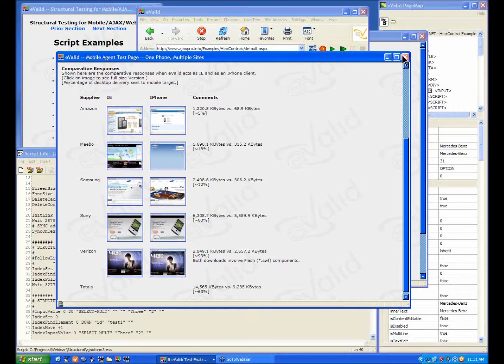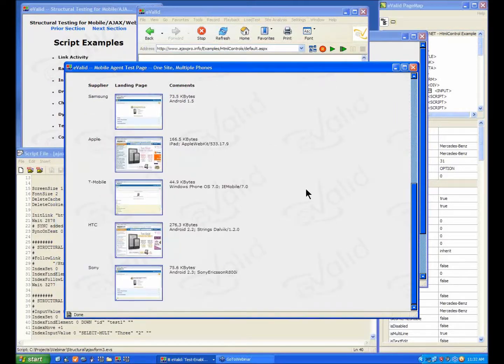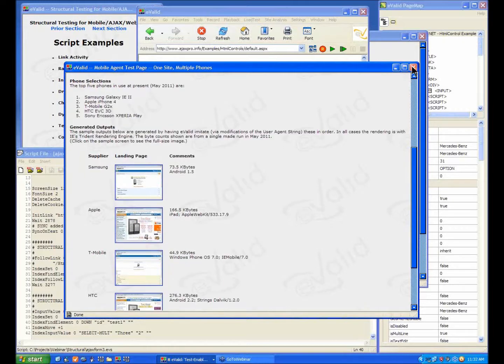One site, multiple phones. Here we did the same website on 5 different telephones: Samsung, an Apple iPhone, an iPad, Windows iPhone OS 6, and an Android 2.2 and a 2.3, the same web page rendered by 5 different telephones. Now, the reason I mention this is that in scripting,